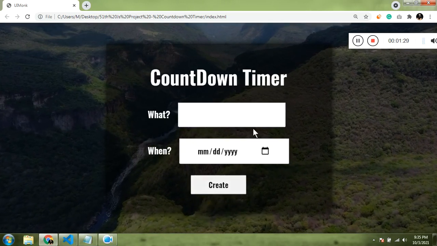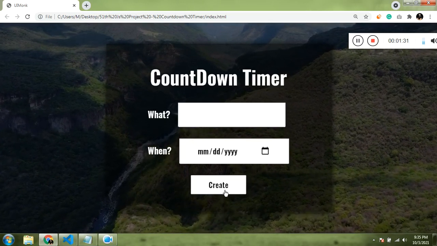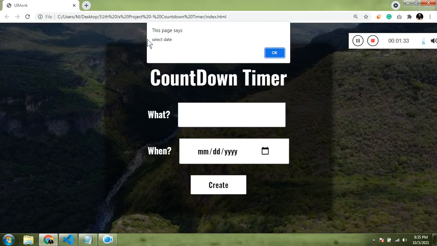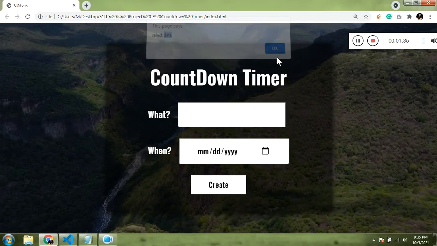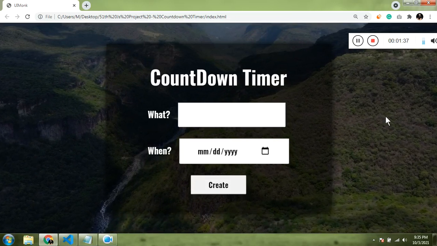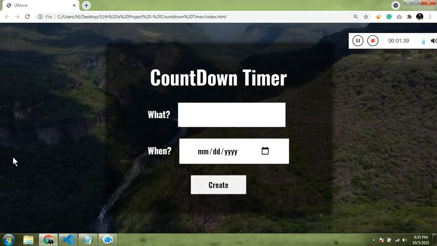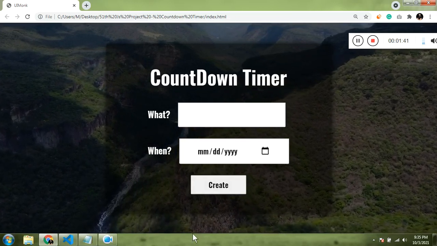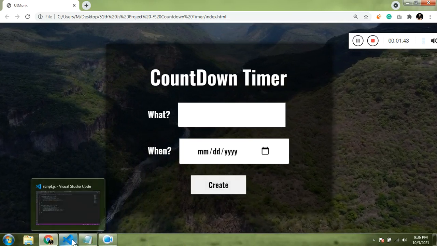And we have added animation and validation as well. If you click create, it will say that you have to select a date to proceed forward. Now we can see there is a background video going on. So let's start it from scratch. The first thing we are going to do is,